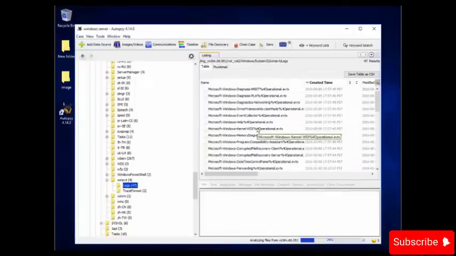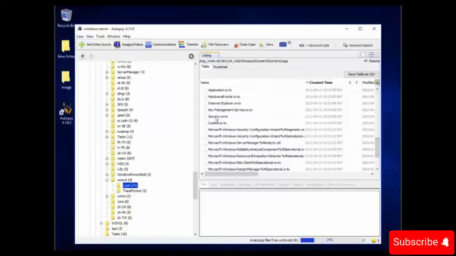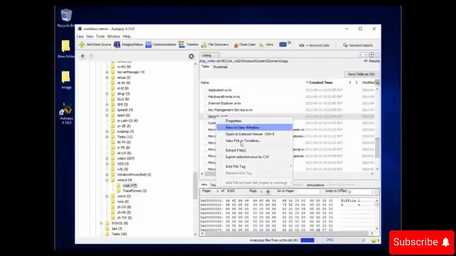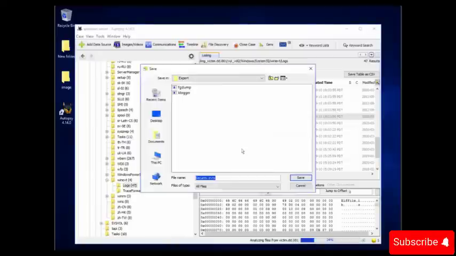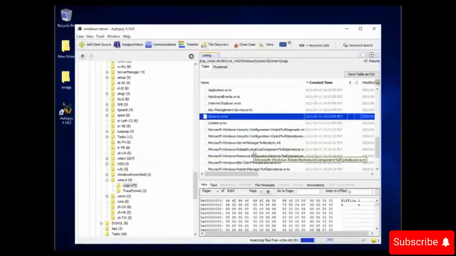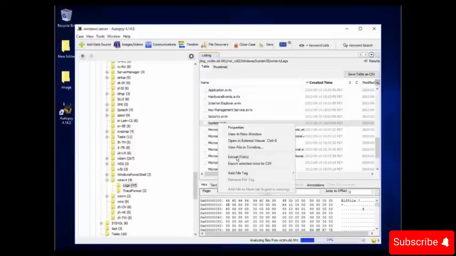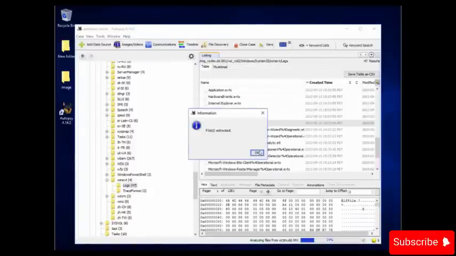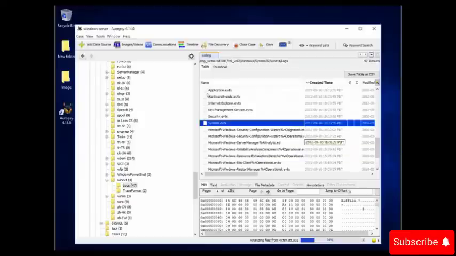First is security, then comes the system, and last is application. So here we have security. Click on each option one by one, then click on extract and save them. Now repeat the same process for system, and now for application.